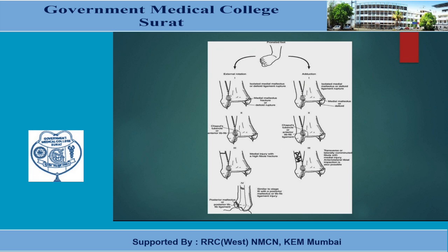So from the medial malleolus, the force transfers between the tibia and fibula, and after that the force travels to the fibula. So first is the oblique fracture of the medial malleolus, then medial malleolus oblique fracture with a syndesmotic ligament injury or Chaput fracture, or again above the syndesmosis, there is a fibula fracture. So if the injury is severe, then there is damage to the fibula, medial malleolus, lateral malleolus and syndesmosis.